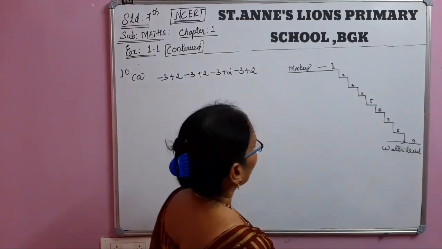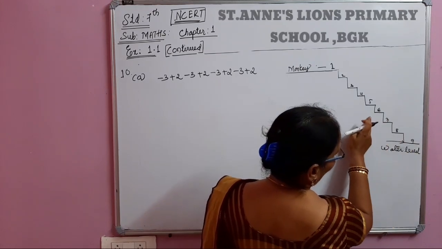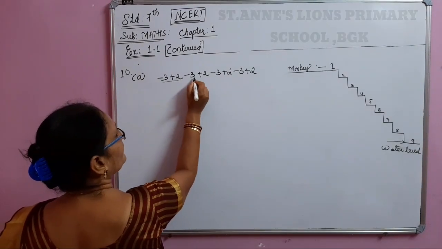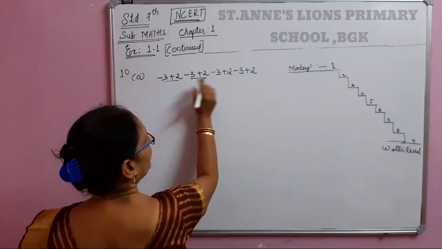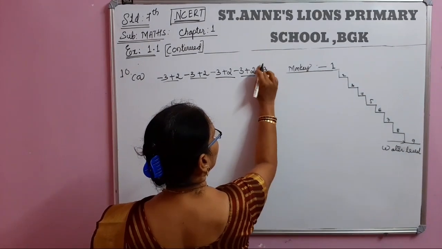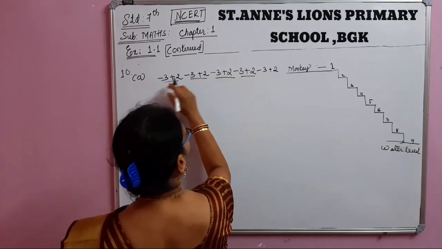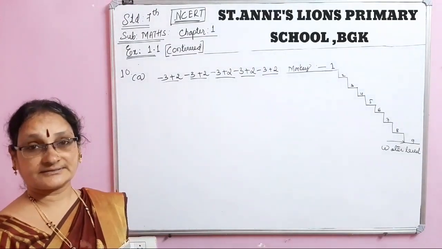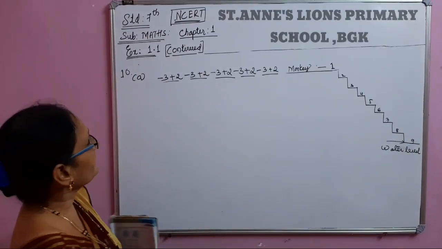It is coming down. And again it is going up 2 steps. Then again coming down 3 steps. See, this is the first one. This is the second. Going down. Again up. Going down. Again up. Going down. Again up. See, again minus 3 plus 2 one more time. So, okay. Now totally how many steps? See how many jumps it is making. We have to calculate now.